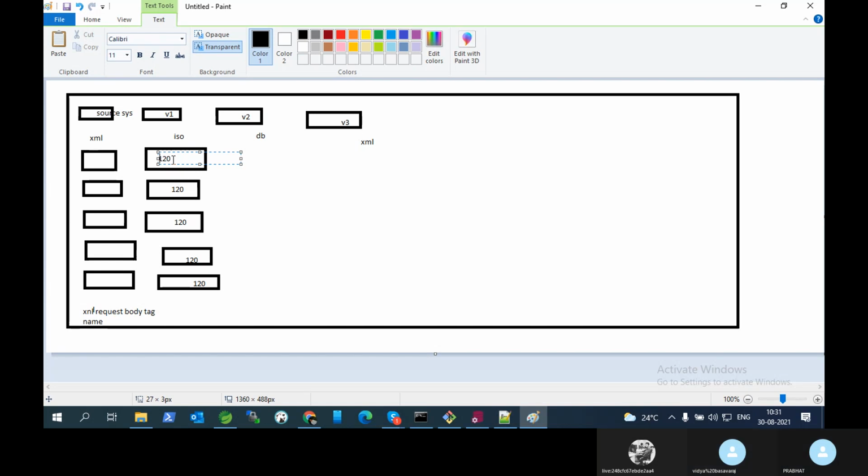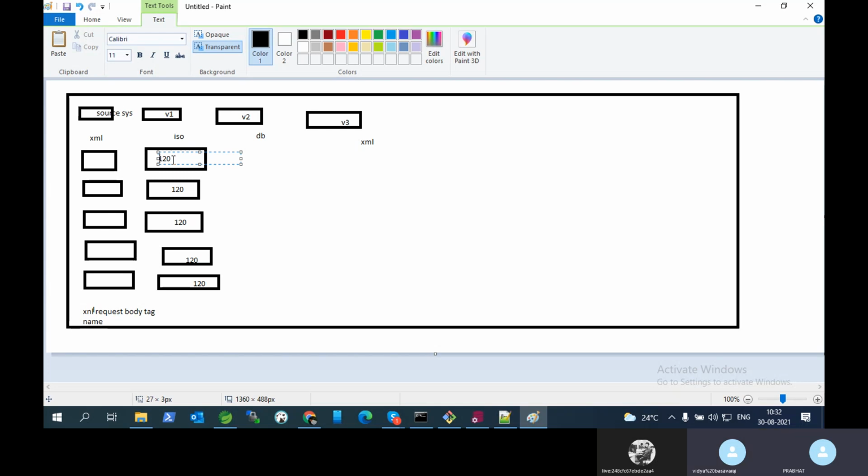Okay. Clear, no? So how the source system will come, how the validation system will come, what should we display in the validation system, destination system, and source system. That is clear. And what we need to display in the input box, what we need to display in the drop down, and how many values will come in the input box, how many in the drop down. That is also clear, right?